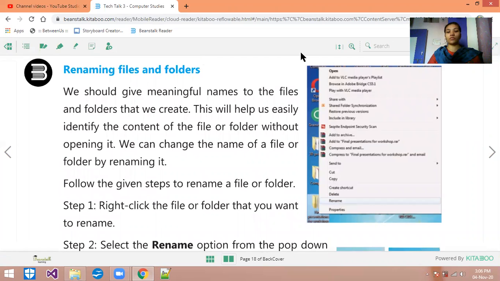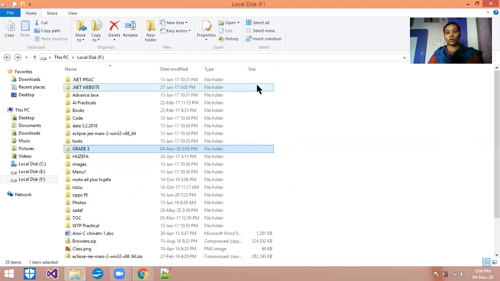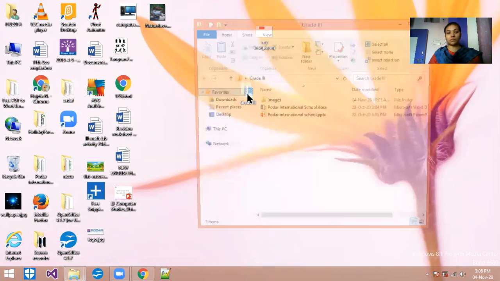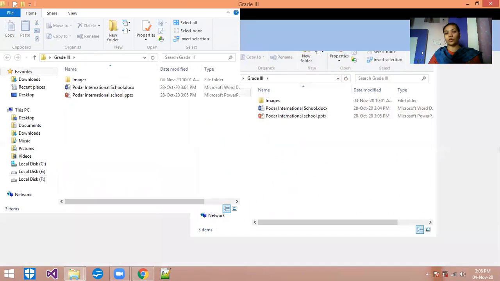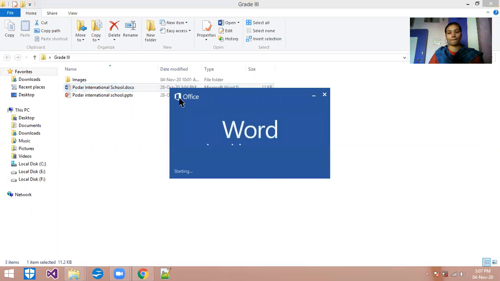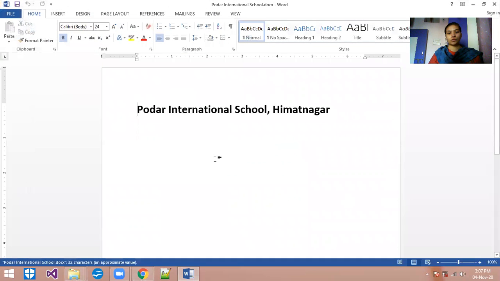Next is renaming a file and a folder. As you know what is the meaning of the name and naming. आपको पता है कि नेम का मतलब क्या होता है. सिंपली हमारे पास हमारा ऑलरेडी यहाँ पे एक फोल्डर है ही ऑन द डेस्कटॉप. So what should I do? I have one document. I will open it and show you what is in the document. So there is only a name written. I am also adding that grade 3.